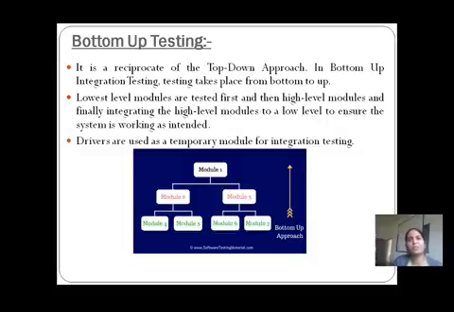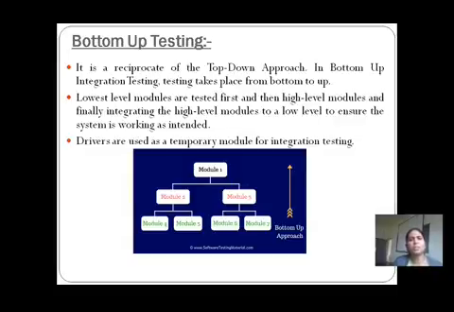Suppose the two input numbers are performed appropriately for the addition, or for subtraction, or for division, or for multiplication. Any one type we first take for developing that application. If it is working appropriately for any one of the types, then we can say that the rest of the operations will work as we have defined in the SRS, that is nothing but the software requirement specification.